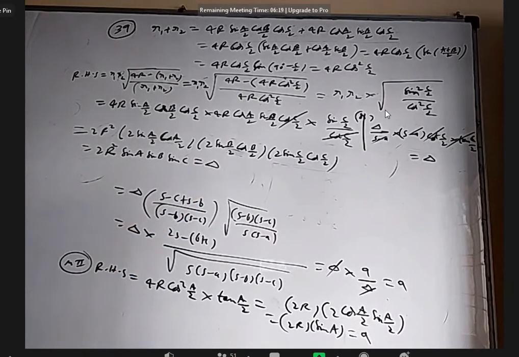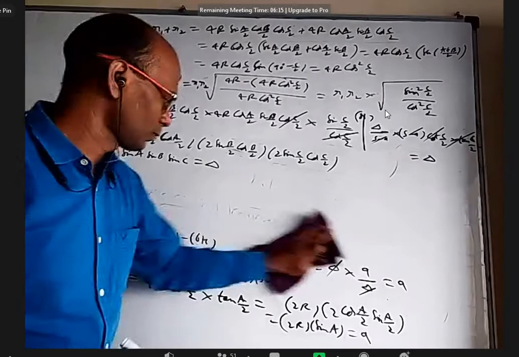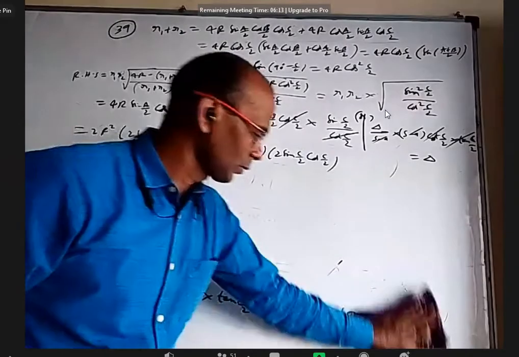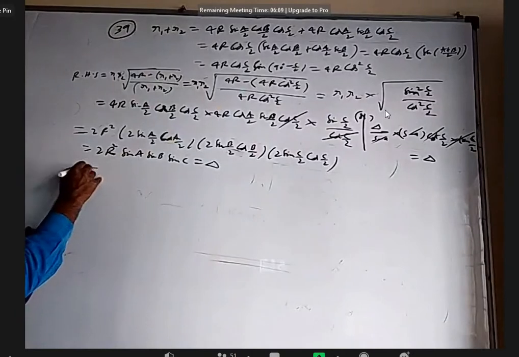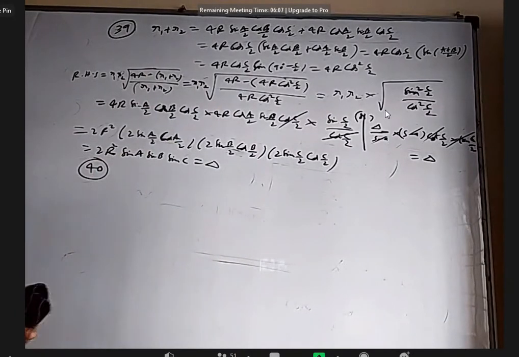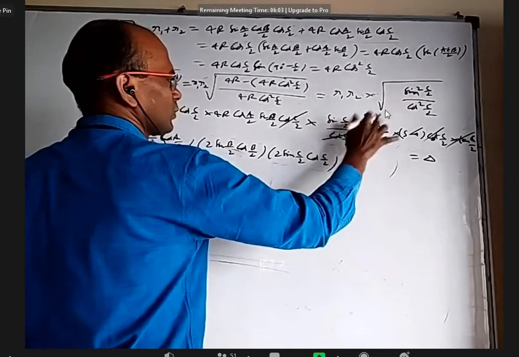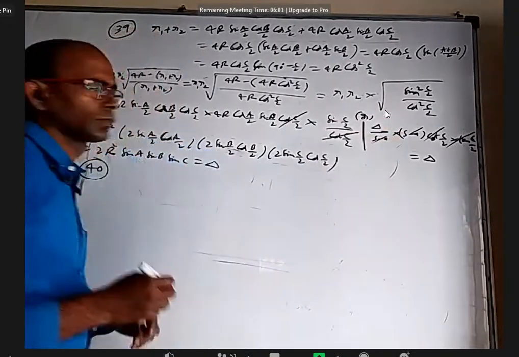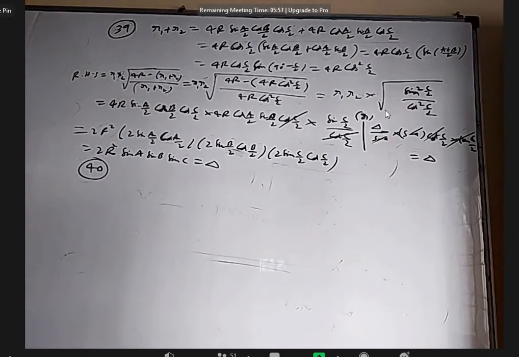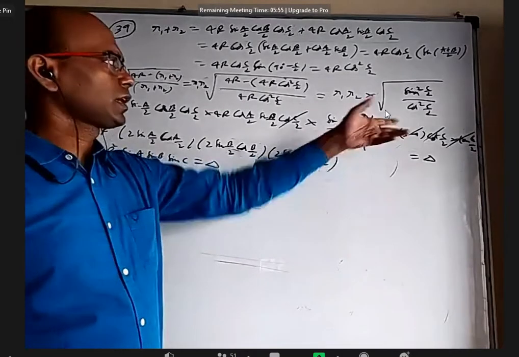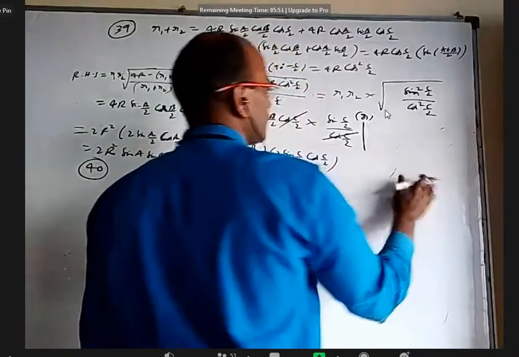You can also do like this. We can also do it like R1 and R2, we can write delta by S minus A, delta by S minus B, and tan C by 2 is S minus A into S minus B by delta. Yeah, that also you can do. That is more simple, right? Yeah. Okay, yes, I'll do that.